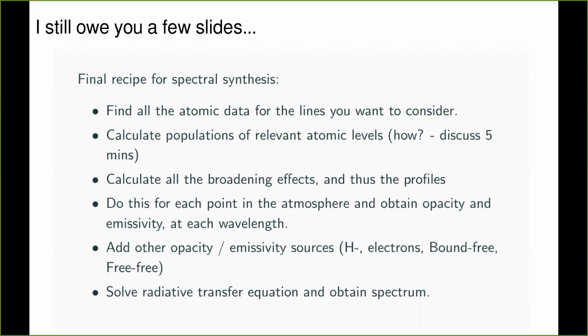we can calculate the populations of relevant atomic levels, and then, especially for our spectral lines, we can calculate the shapes of the absorption profiles, taking into account all the broadening effects, damping, and so on. And what I want to stress here is that I need to do this for each point in my atmosphere. And when I say point in my atmosphere, it's because the atmospheres are basically some tables of quantities, right? And I need to do it for each wavelength that I'm interested in.